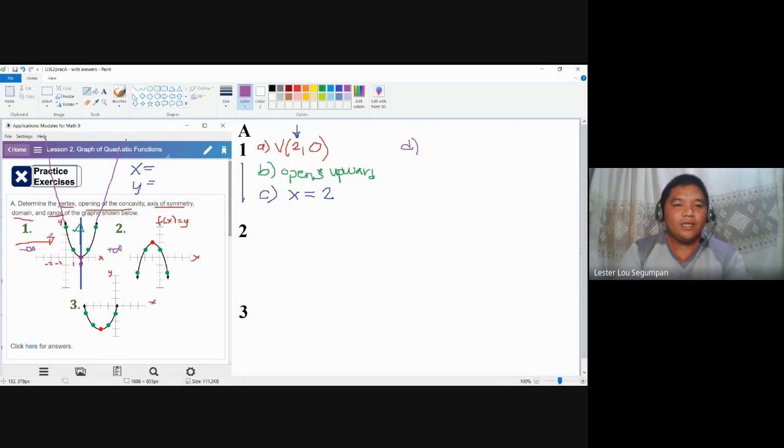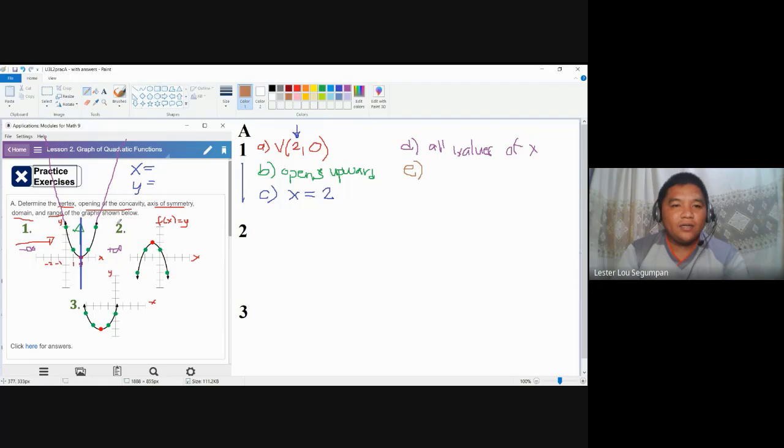Where does it go? Looking at this from left to right, it will go towards whatever the value is on either side. So all possible values of x here are part of the domain. So the domain here is all values of x. Okay, that's for the domain. For the range, it's for the value of y. If it's the domain, you look left to right. For range, you look top to bottom.